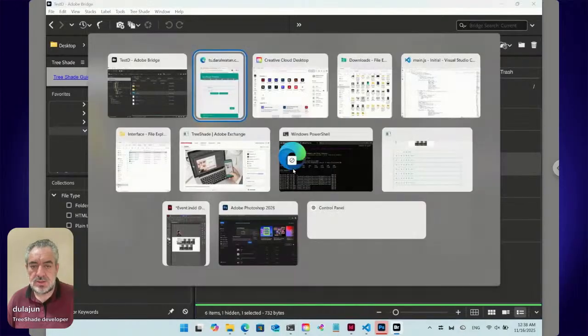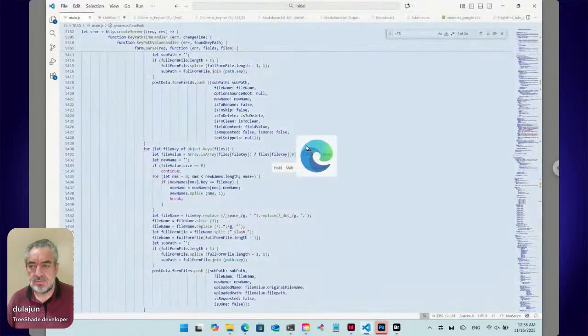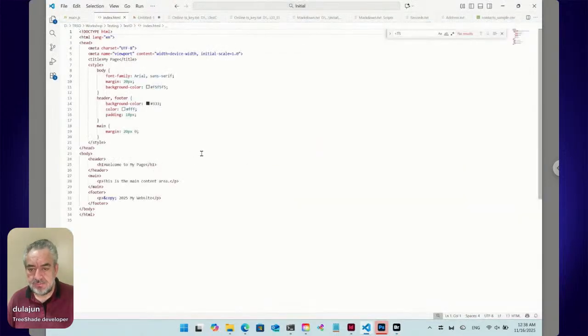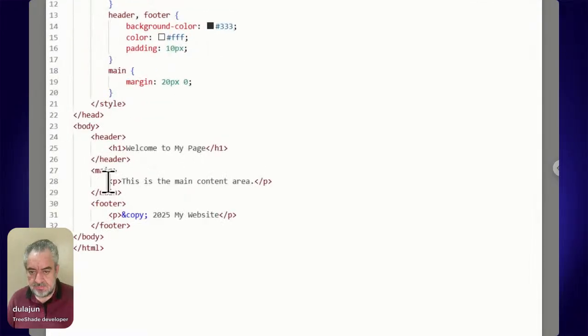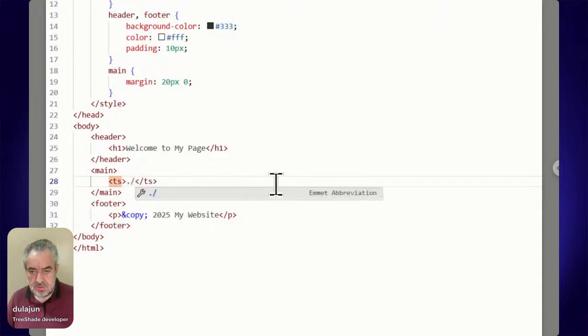So let's open index in VS Code and let's put here in main ts tag, and here write the relative path dot slash data dot plus,